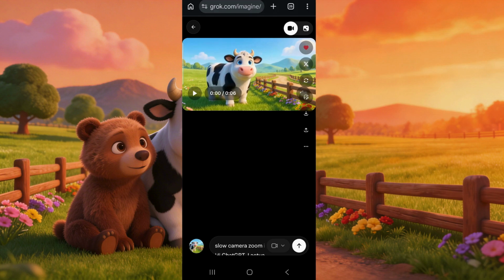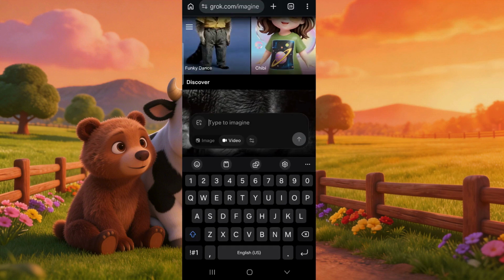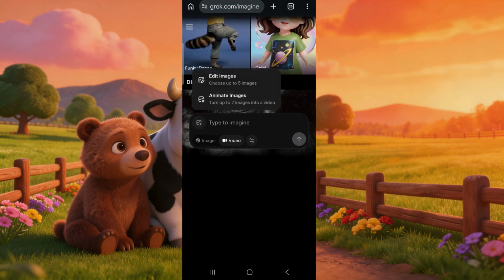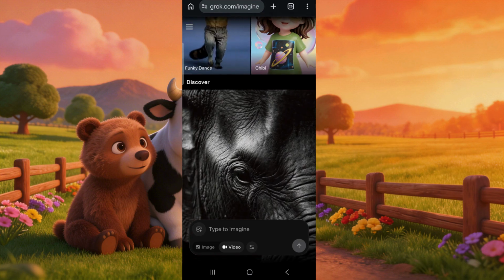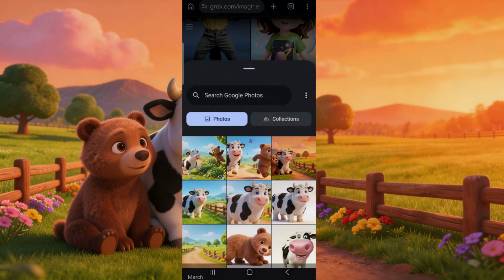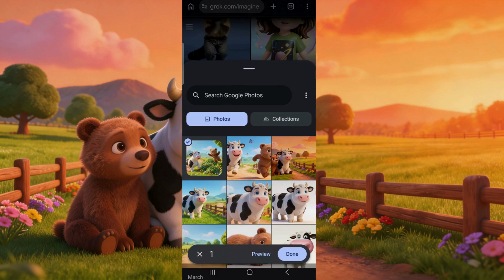Okay, so we can just get the second one. Let's just do this again. So you're going to repeat this method up until you are done with all your images. So my short clip is going to have like at least 4 scenes. Okay, so it's very short. Okay, so I'm gonna just click it done and then go to ChatGPT